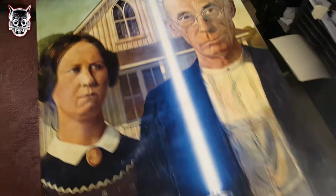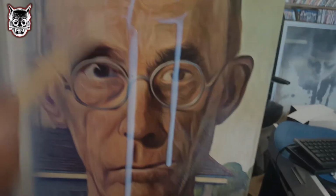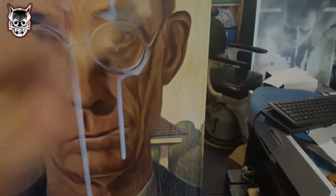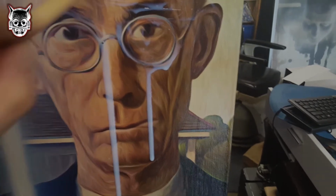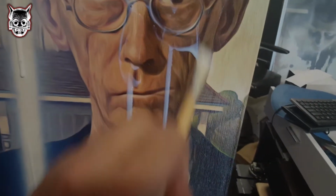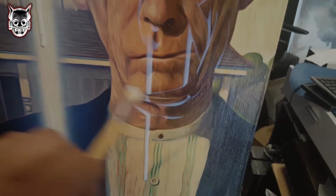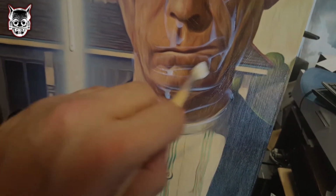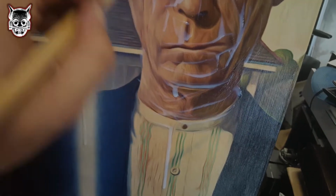We'll let that dry, and then we're going to go over again. We're going to need a little bit more detail. We're going to follow the curves of the paint and stuff like that. I'm trying to do this one-handed, so we're just going to mimic the curves, probably copy the shape of his ears, like so. And I'm going to leave some of this on really thick. So I'm copying the contours of the artwork, so that when you see it in the light,